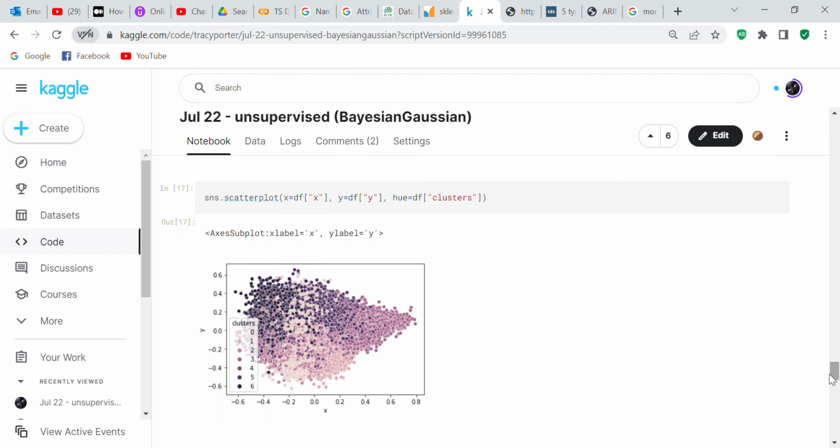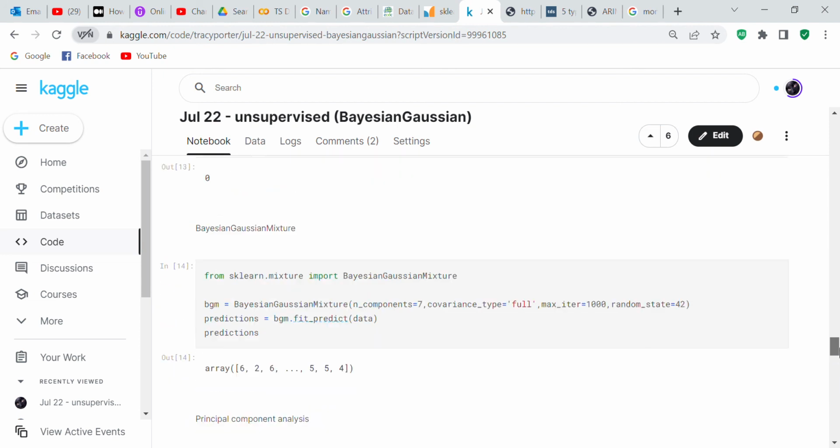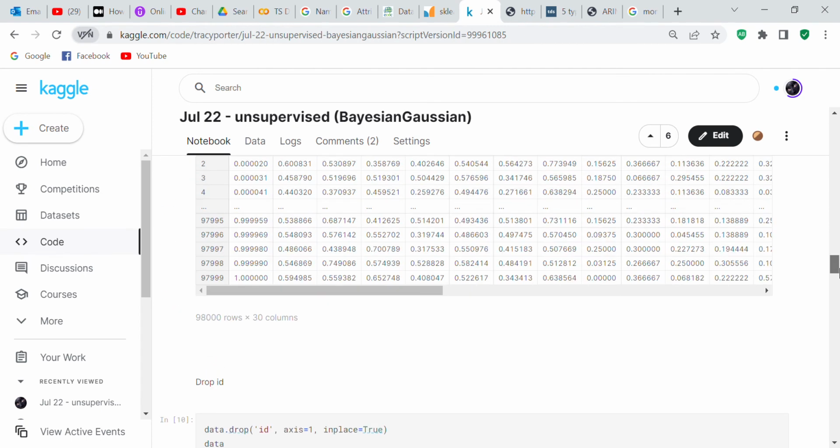sns.scatterplot, x equals df x, y equals df y, hue equals df clusters. Let's see if we've got something over here.